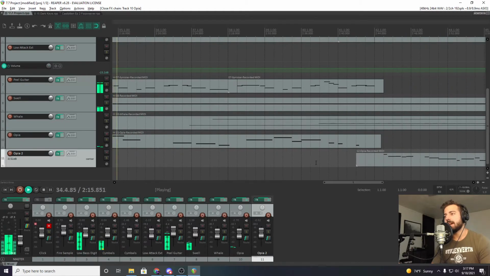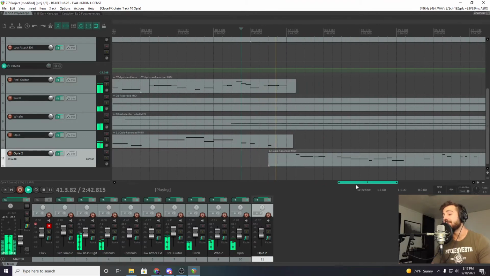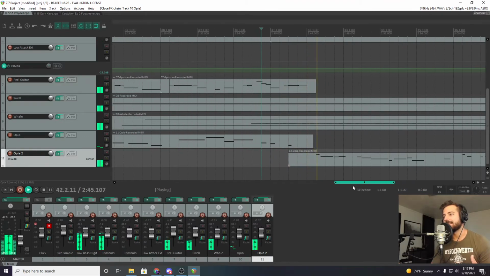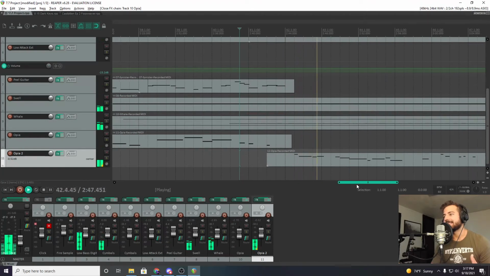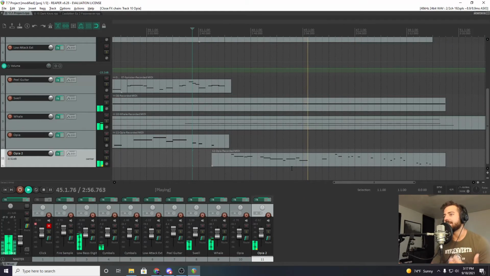So yeah, here we have again the counter melody. Here later on it becomes the lead melody, and then we don't have a counter melody. I'll talk about that in a second. So first off, as this takes the lead, it goes up. A lot of times, going to a higher octave is a nice way to add energy and add a contrasting idea, kind of like getting louder. I kind of got into that talking about the Peel guitar, but I think it's important for this, since there's not a counter melody, to build up in a different way.